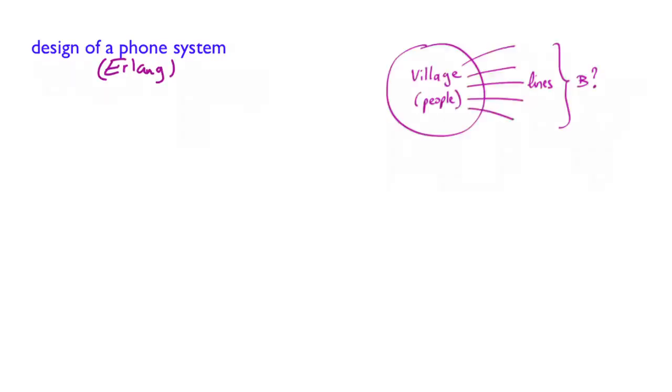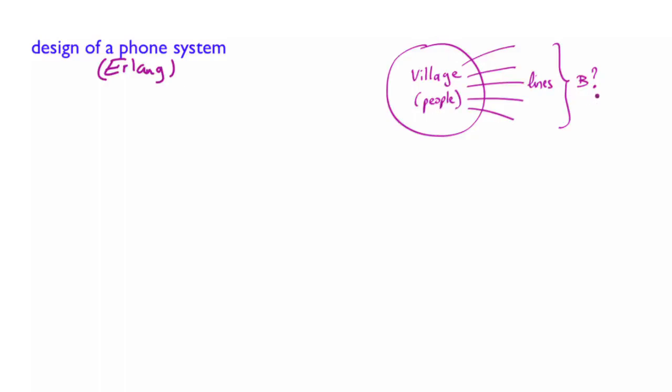So here is a cartoon of the problem, where these are the phone lines, and we need to decide how many of these lines to set up, let's say B. How to do that? Well, we don't want B to be too large, much more than needed, because too many lines would be expensive. On the other hand, we want to have enough lines so that if a reasonable number of people place phone calls during the same period, they will be able to talk and not get busy signals.